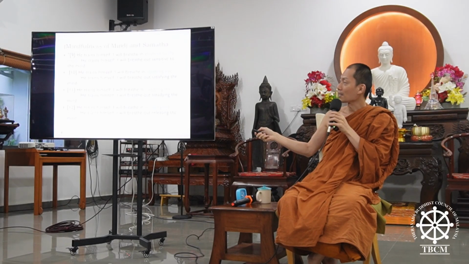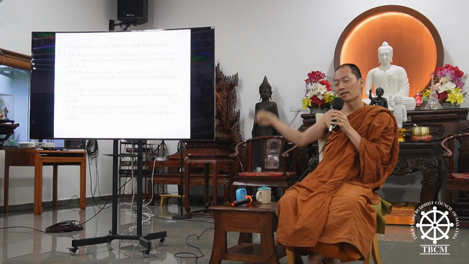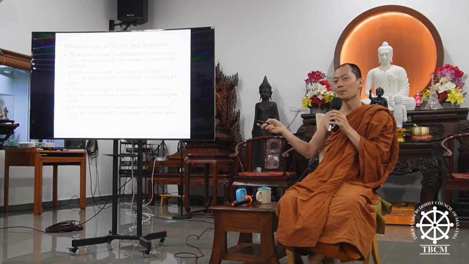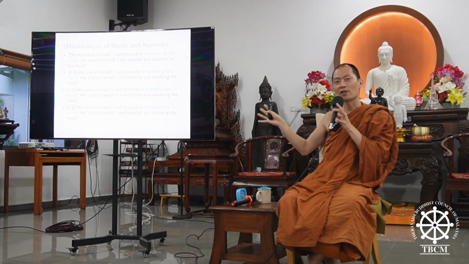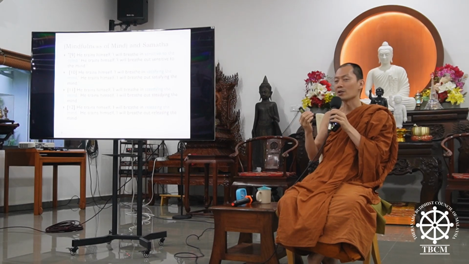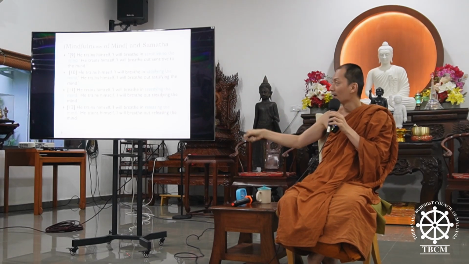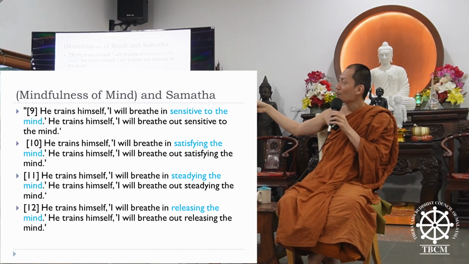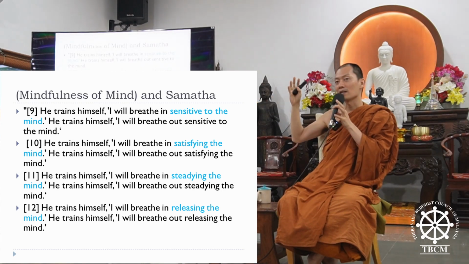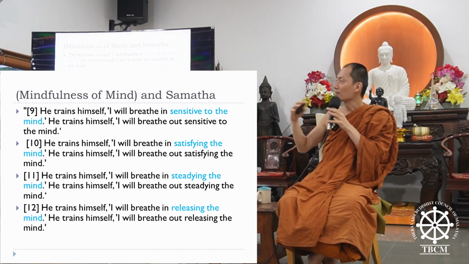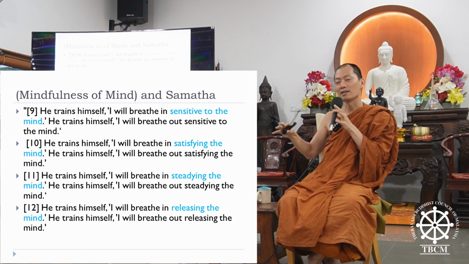Okay, mindfulness of mind. These four steps will cycle over and over again. Let's say you start off fresh. You watch an in and out breath, wish yourself well and happy, and then let the mind calm down. Once it calms down, the mind is satisfied, and you start to steady, which is step 11. You steady the mind, calm down, settle already, steady, the mind is stable.